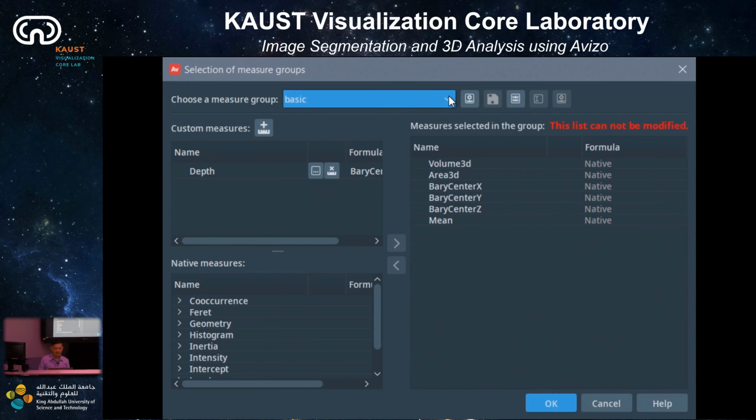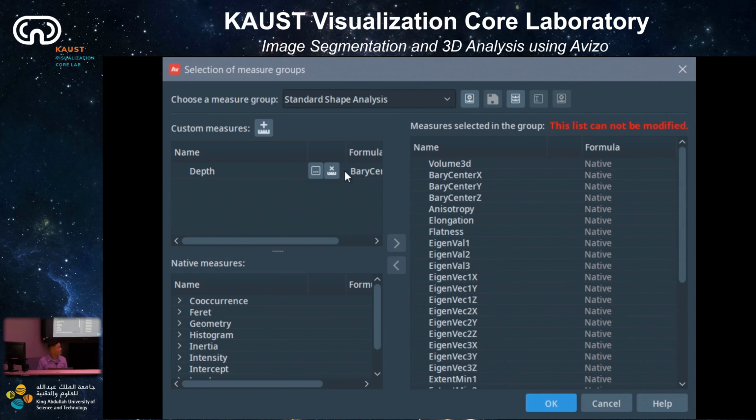So you can see that by default it's on the basic measurement, and for the basic measurement, you can see this list cannot be modified, and it contains volume 3D, area 3D, center of volume X, Y, and Z, and mean intensity. You can change to, let's say, standard shape analysis. But if you like to create a new measure, it's easy. You can click on this button here,